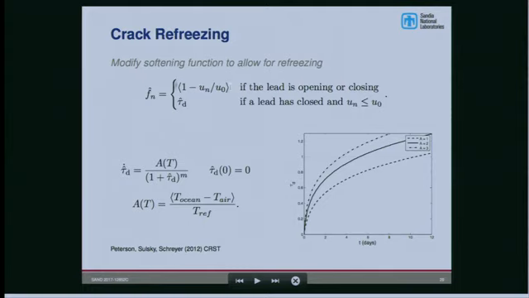So we keep the same function if the lead is opening or closing, but if it's closed and UN is less than or equal to U0, we allow freezing to start. So after some amount of time, we allow this function to increase, and then we cut it off at 1, because we're not going to make it stronger than the original. 1 will make it back to the original strength of the material.